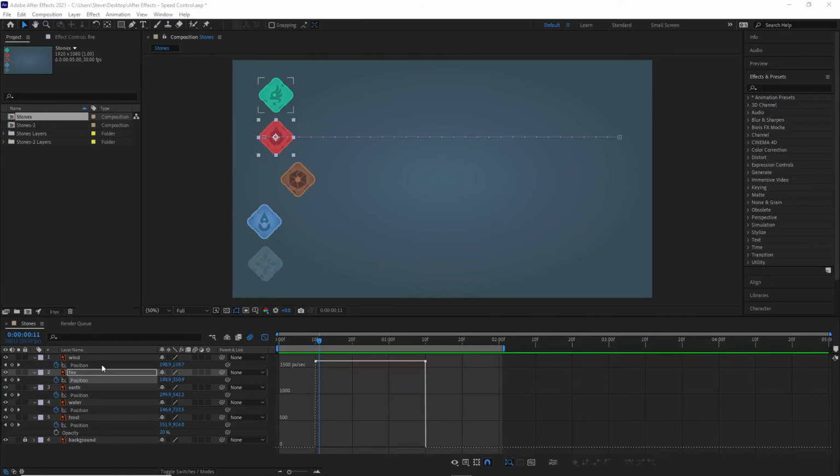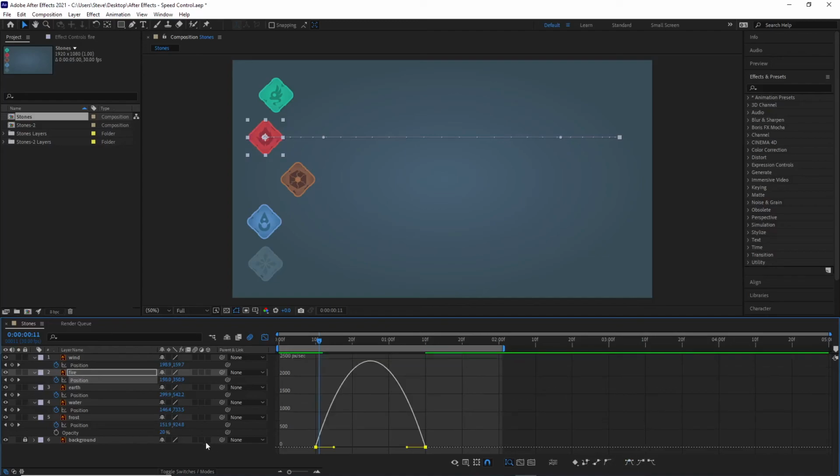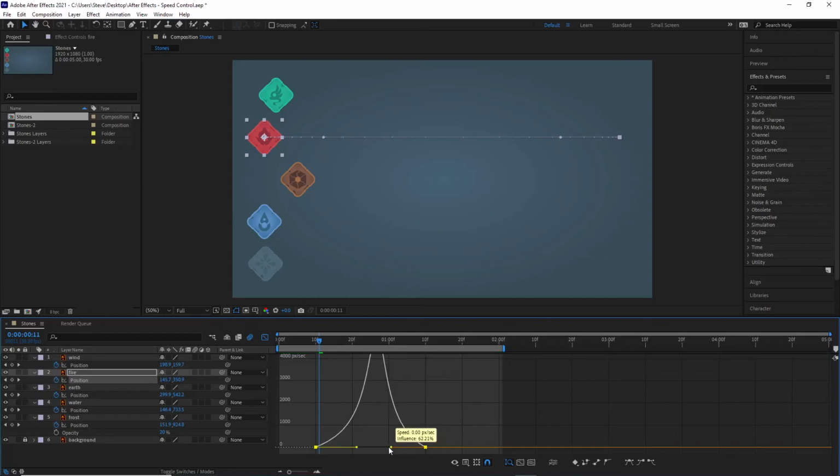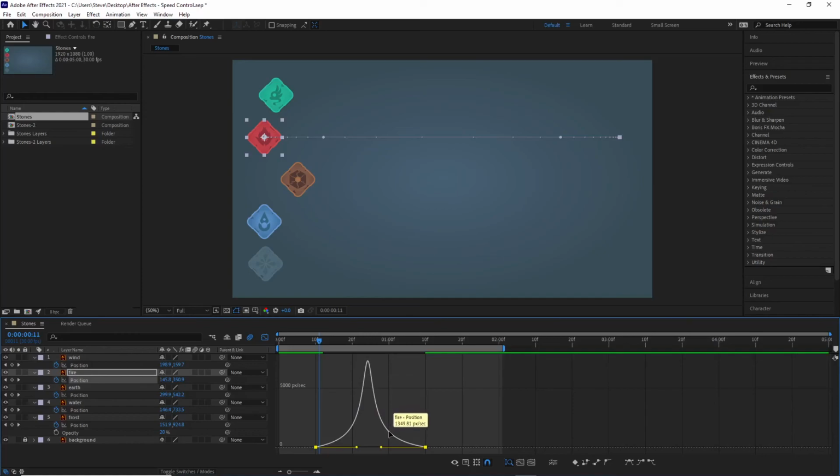Okay, so we might want to go to another layer. Again, we can select the keyframes, we can ease it, and then maybe if we manipulate both handles equally, we have something different again. So we've got a reasonably gradual initial acceleration, then a rapid acceleration to a high speed, rapid deceleration, going to a more gradual deceleration, and again you can see how that's represented on the motion path. So again, if we play that one through,